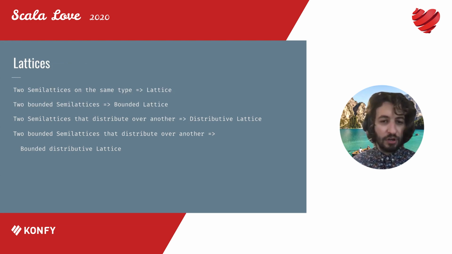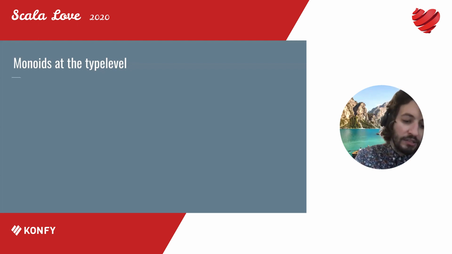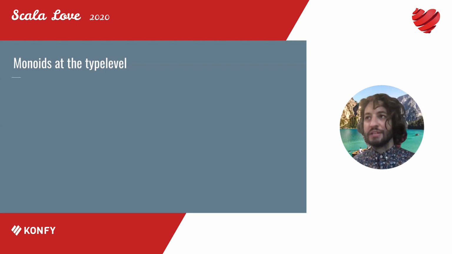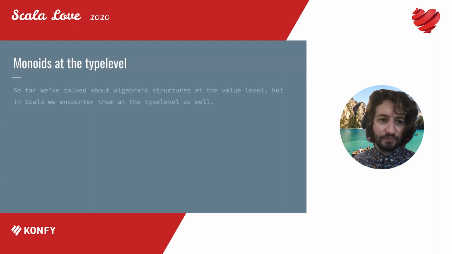Yeah, sorry about that. So the next thing I want to talk about, this was the abstract algebra part, and the next thing is the type part, because Scala's type system is really, really interesting, and it's only going to get more interesting with the upcoming Scala 3. So I want to look at something that is here in the title called monoids at the type level. And I'll show you in a second what that means.